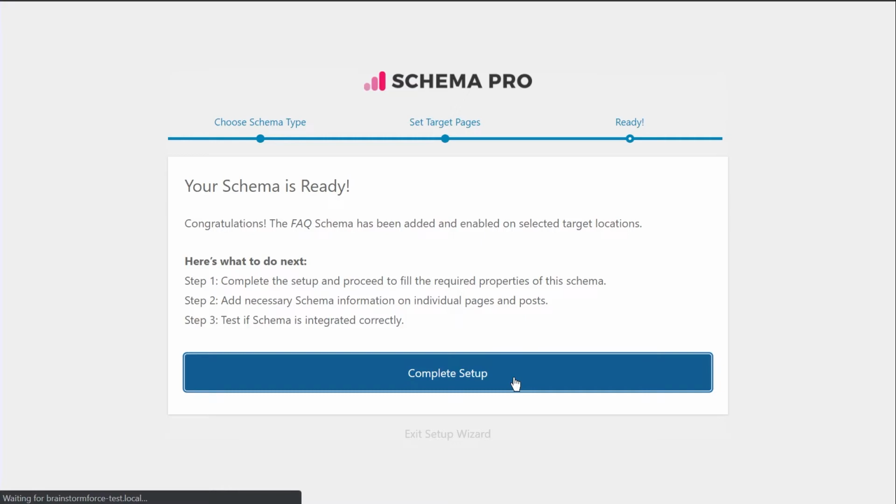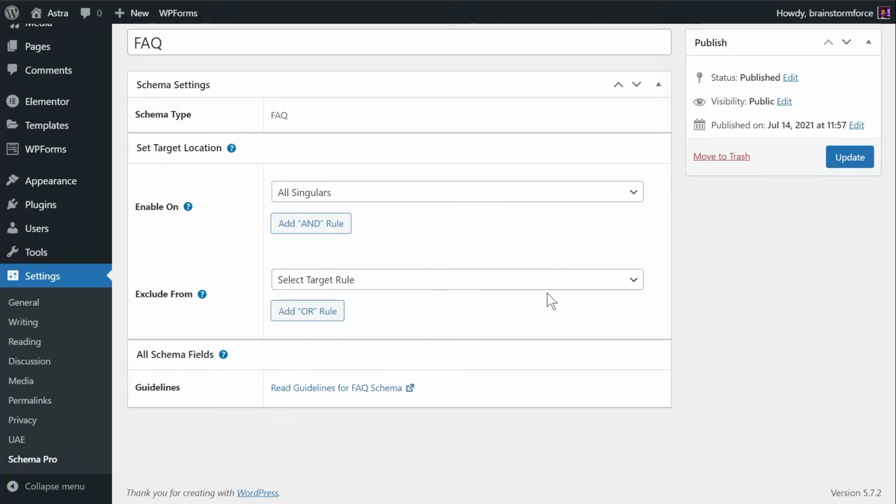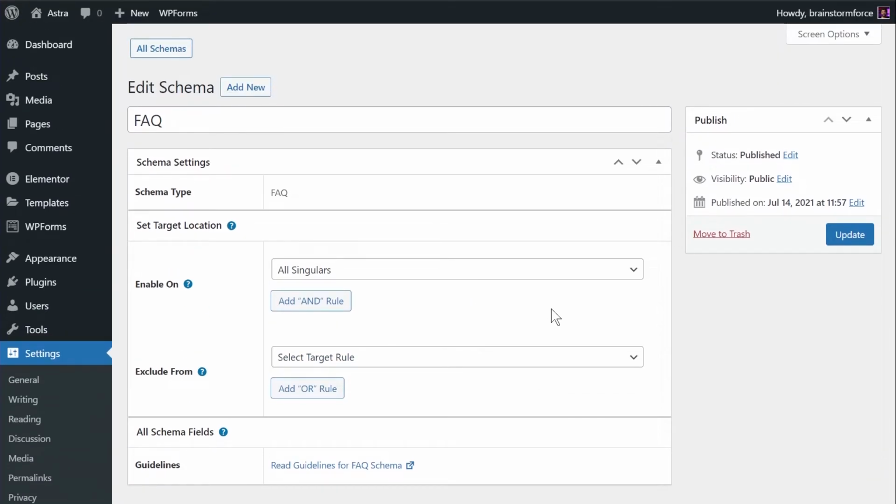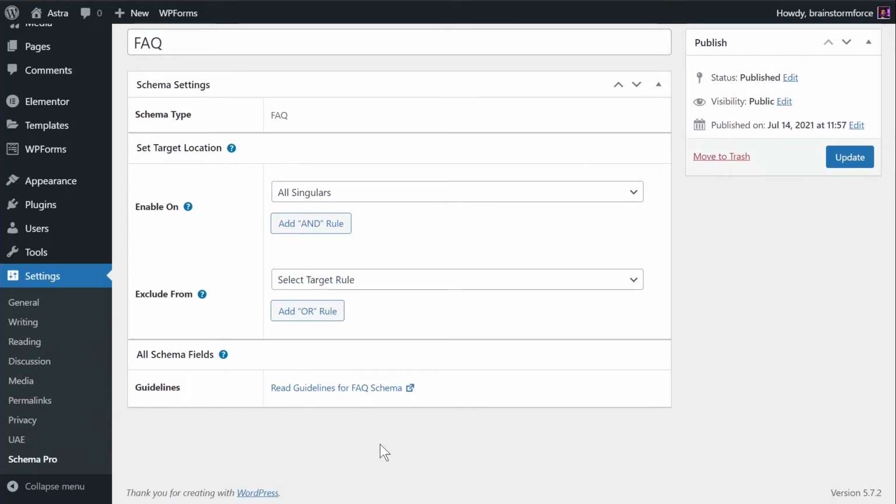And we've completed, and we've created a schema. And this is the schema configuration field. Now, for the FAQ schema, you don't see any options here, but for all the other types of schema, mostly you will see configuration options here, which will let you automate the process. The FAQ schema options are not here because FAQ schema is very different for each page. So you'll see the options on the page itself. So let's go to the page, and I'll tell you how the configuration needs to be for the FAQ schema when adding schema with Schema Pro.